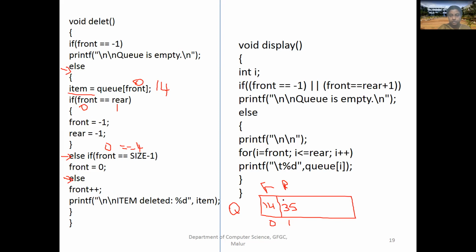Till now front was 0. This front will become plus plus, meaning it will come to this location. And this 14 will be printed. Item deleted is 14, it will be printed and it will be removed from the queue.